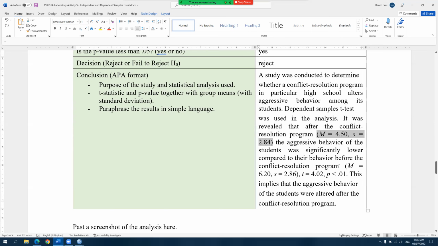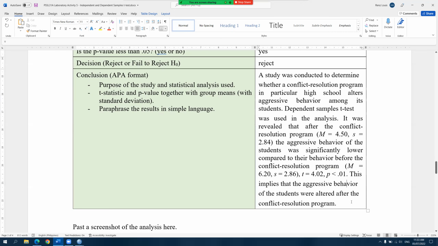And right after they mentioned before the conflict resolution program, they stated the mean and the standard deviation of aggression before the conflict resolution program. So that's where you're supposed to put the means and the standard deviations. And then to end the sentence, we state the t statistic followed by the p-value.